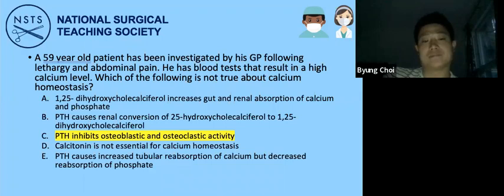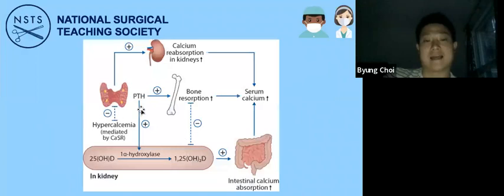PTH causes increased tubular reabsorption of calcium, but decreased reabsorption of phosphate. So in the kidneys, now remember not to get confused between the effects of vitamin D and parathyroid hormone at different stages. But parathyroid hormone itself does directly increase absorption of calcium in the kidneys, but